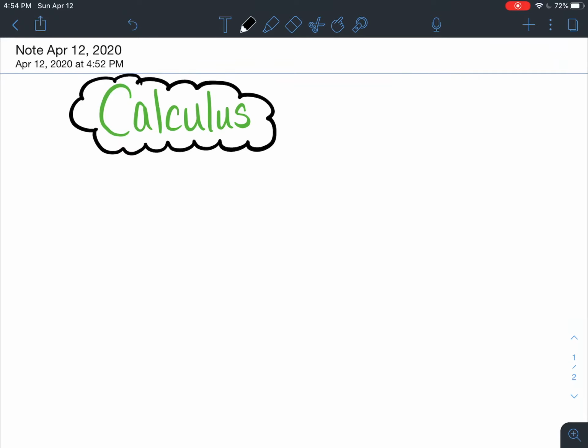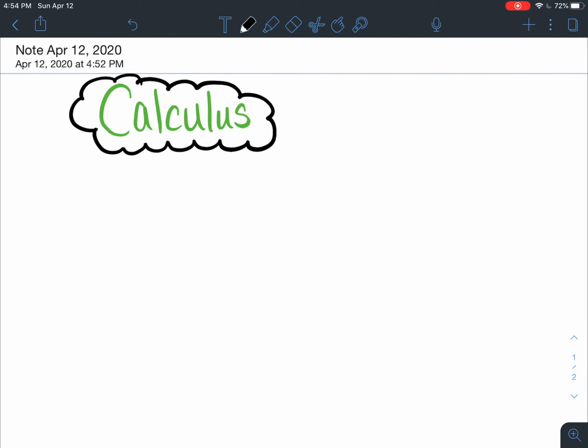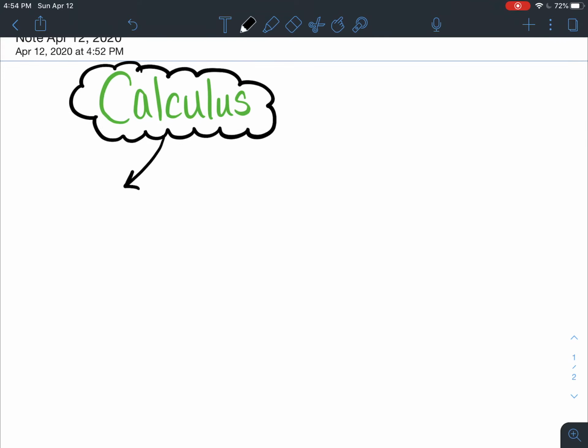Sorry. So today we're doing our intro to calculus. So I thought I'd just start with a quick question: how did calculus come about? There are two geometric problems that led to the development of calculus. If you haven't heard this yet or seen it in your textbook or online, the two problems were basically